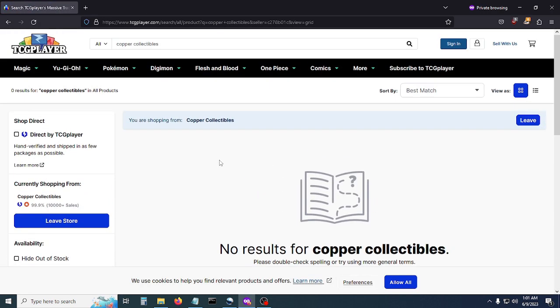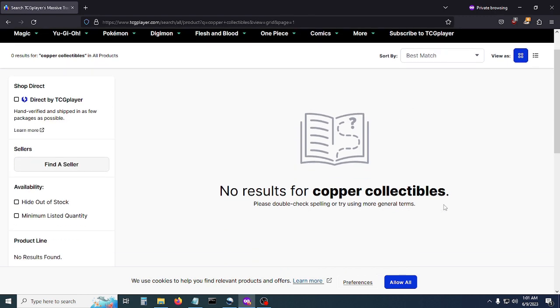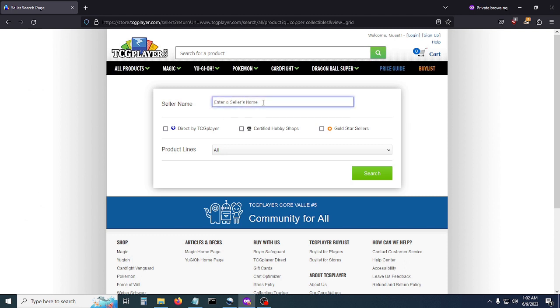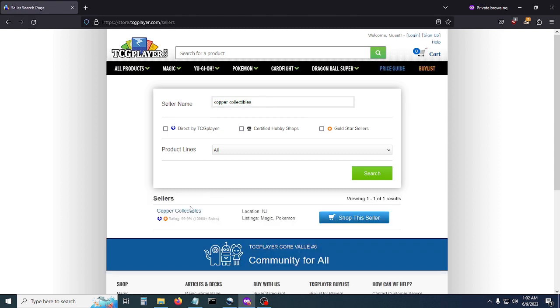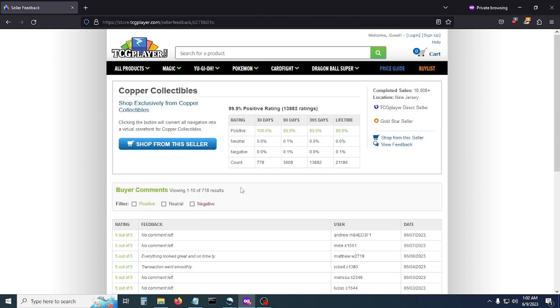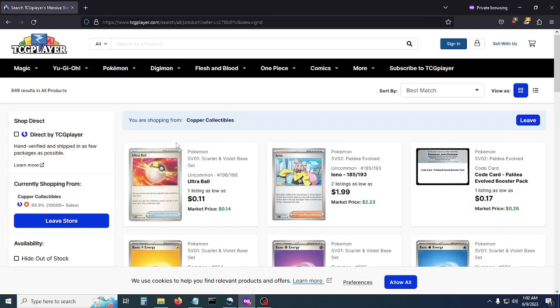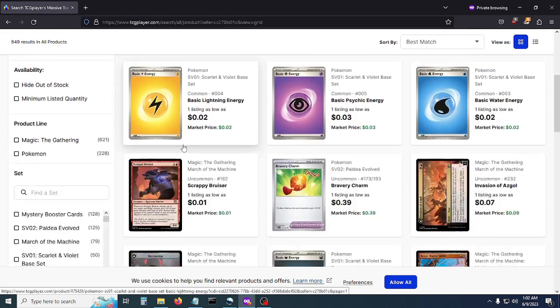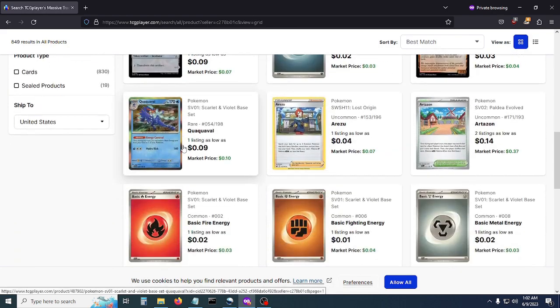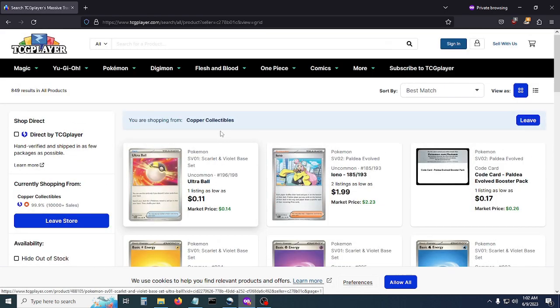But it's still searching in the context of Copper Collectibles, and if you don't know the site, you'll hit leave like I just did, and then have to look them up again. And sure enough, there they are, and if I hit that shop from the seller, it's their actual page of what they're currently offering. 4 links down is just far too deep to go into a website to efficiently drive